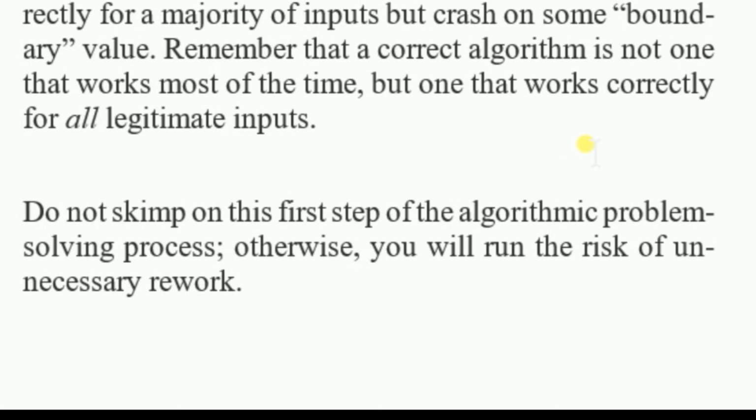Sometimes what happens? Why design? Why think in these types of methods? Directly we can write a program, but if the program is too big, with 10,000 or lakhs of instructions, then rework is very difficult. So that's why if you plan properly, then rework is not necessary. You can reduce the rework. You can reduce the debugging process.